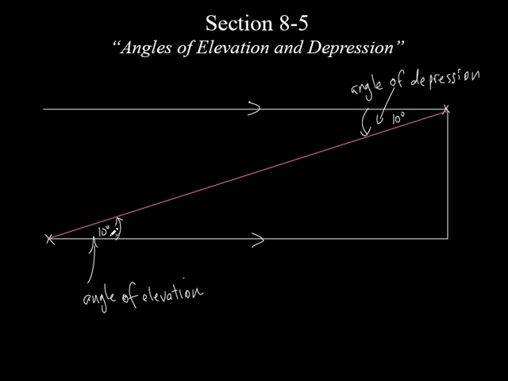Well, it helps us a lot, because now I know an angle inside my triangle, and if this is horizontal and this is vertical, that means that's a right angle right there. And check it out. I've got a right triangle, I know an angle, and what they're going to do in some of these examples, they're going to give you one of the sides. They'll either give you the vertical, they'll give you this horizontal, or they'll give you the line of sight. And then you have to find one of the other things. And so that's the kind of thing that you're going to do for this angle of depression and angle of